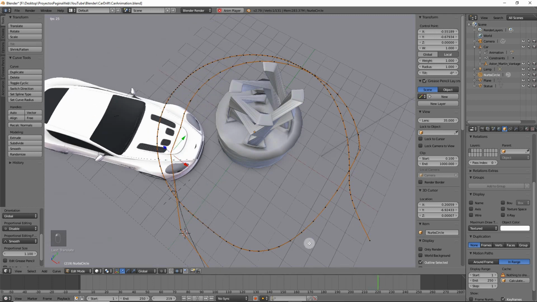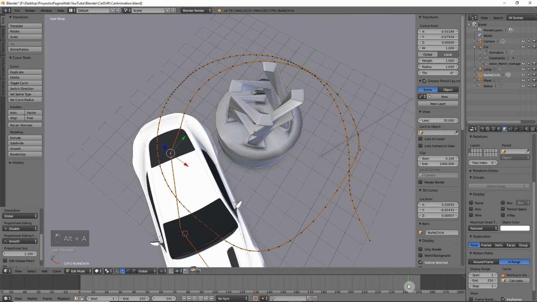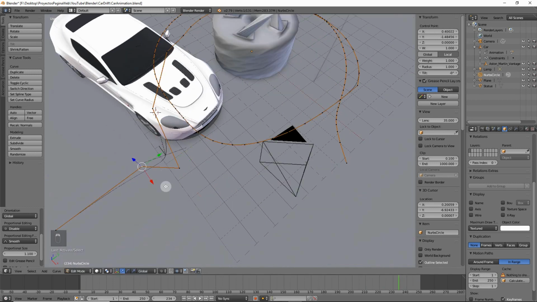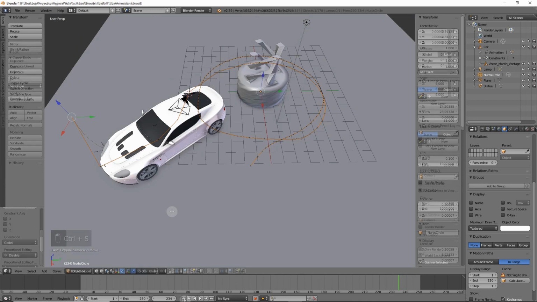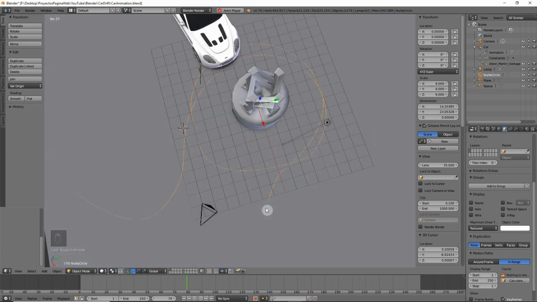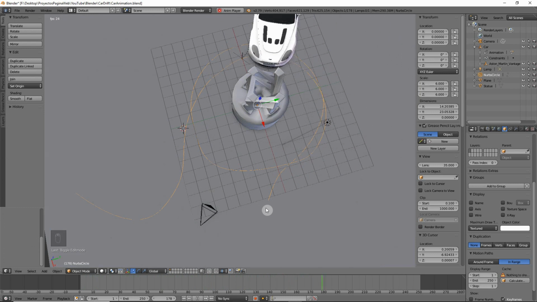Let's just play the animation. And we only need to fix this last part. The car wants to turn so sharp. We're going back here. We play the animation. It has some sharp movements at the end of the curve, for instance here, but that can be fixed afterwards